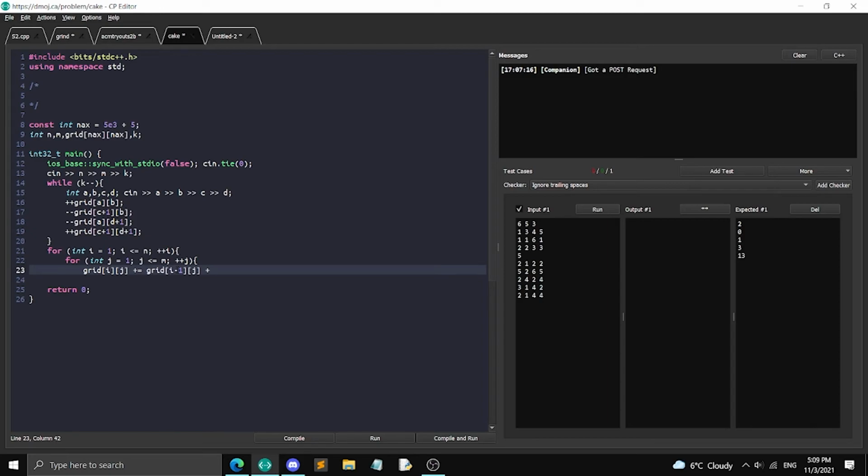And we also need the cells to the left. So let's take the grid ending at the cell that's directly to the left. So that would be I at J minus 1. And we took too much, so we need to subtract the grid ending at I minus 1, J minus 1. Okay. And we know that we're going to have to do this twice to construct a prefix sum array, because